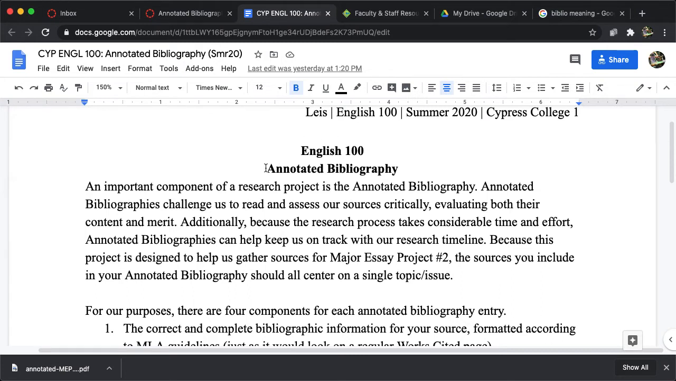Okay, so let's break the phrase annotated bibliography apart. Let's start with annotated. As we know, the verb to annotate means to take notes on, right? So when we annotate a text, we are underlining things that stand out to us as interesting, important, or confusing. We're jotting things down in the margins, so if we notice a connection to another text or idea we've encountered, we might jot that down in the margin so that we are reminded of that when we go back to the text. We might write down questions,